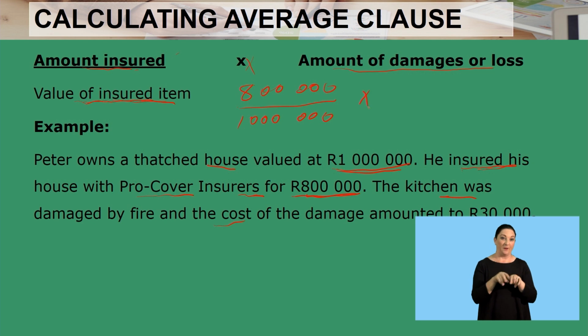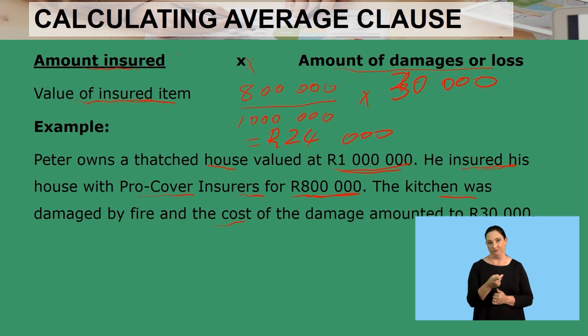Then you say multiply by the amount of damages. How much is the amount of damages? The amount of damages is 30,000. Then your answer should be 24,000. So when property is underinsured, part of the risk will be taken by the